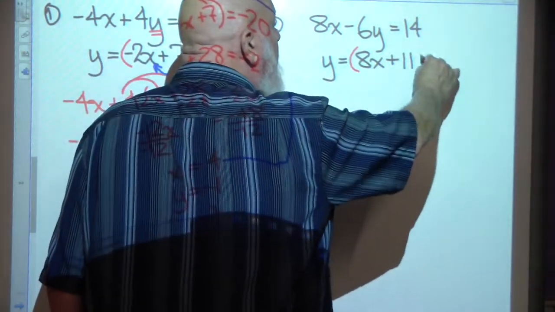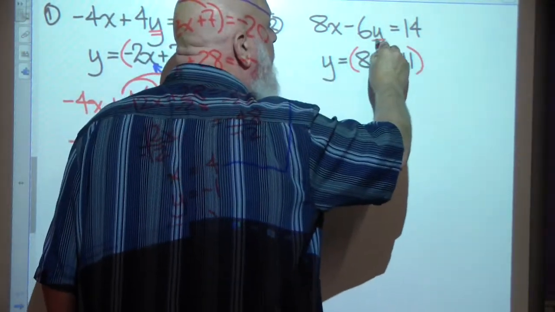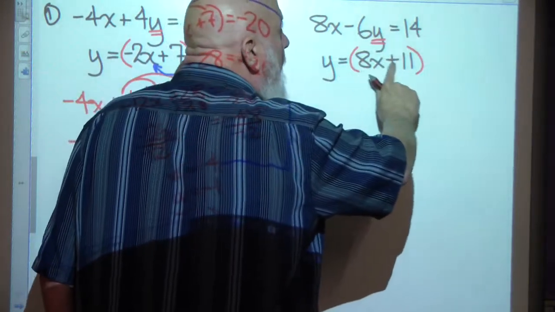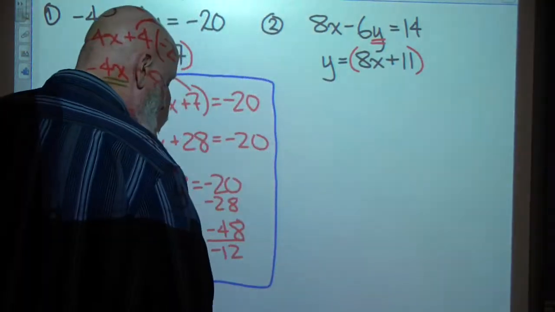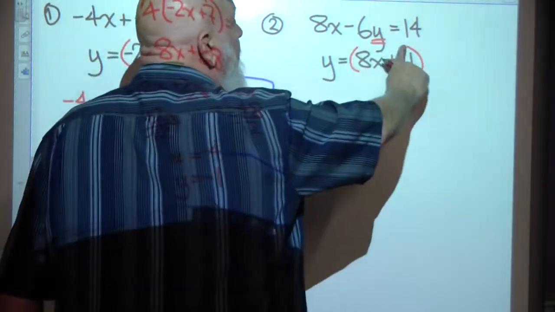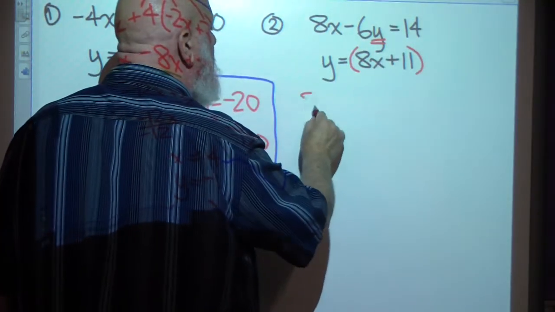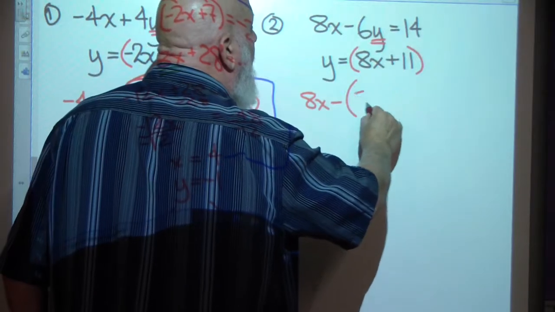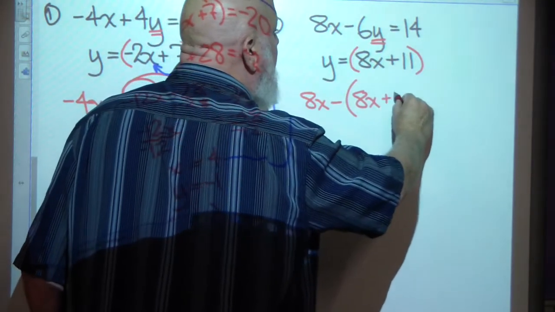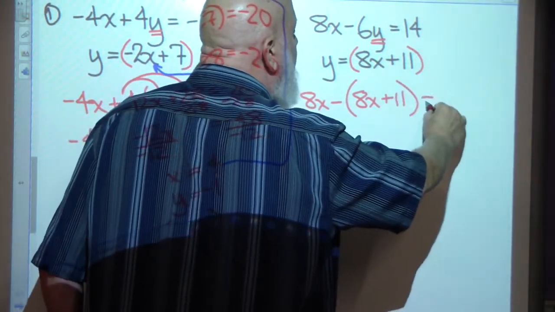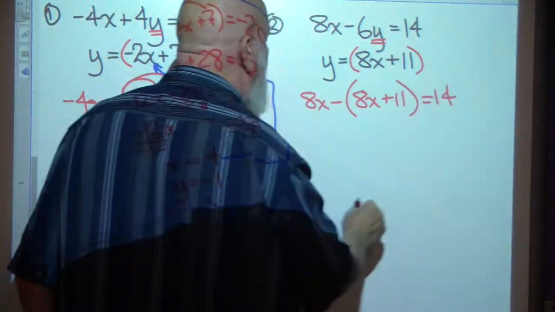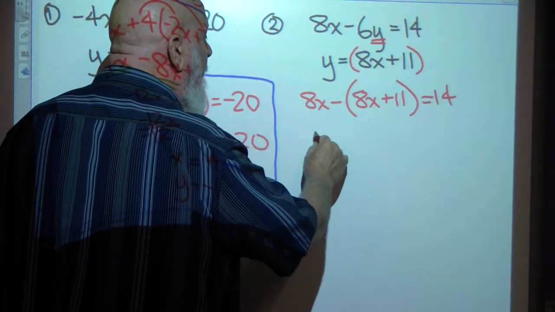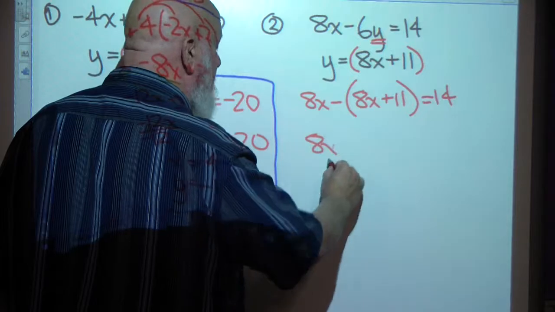So I'm going to go to step 2, which says plug this in to the other equation. Instead of y, I'm going to plug in 8x plus 11 as a quantity. So this will be 8x minus 8x plus 11 is equal to 14. This will give me 8x